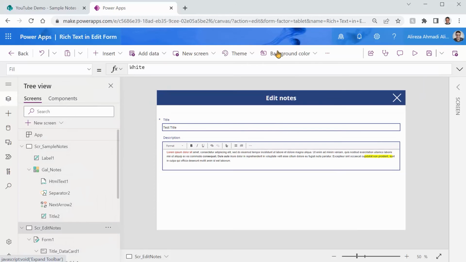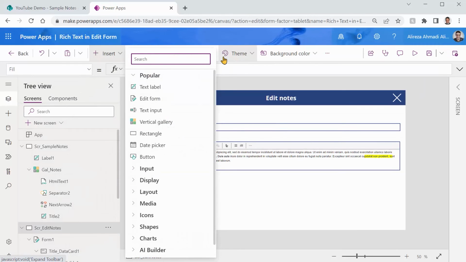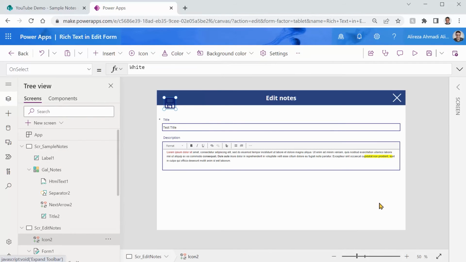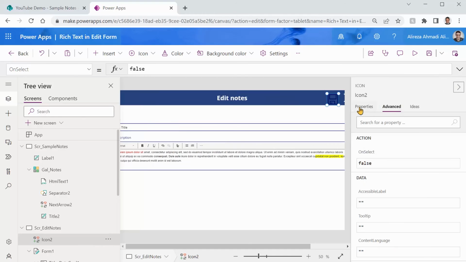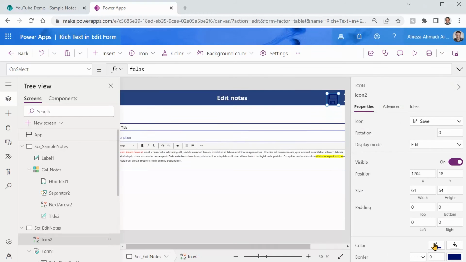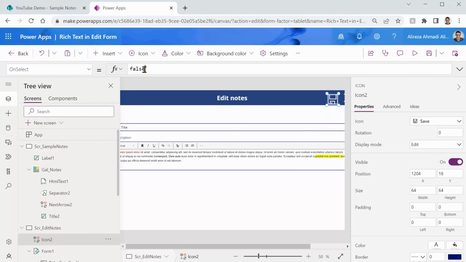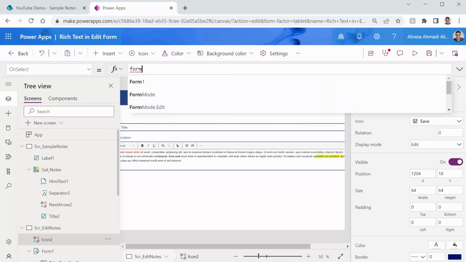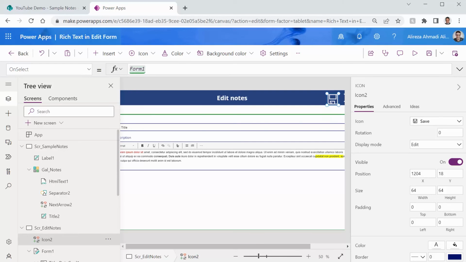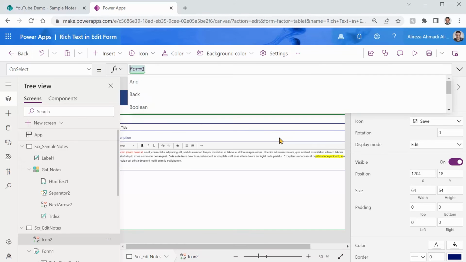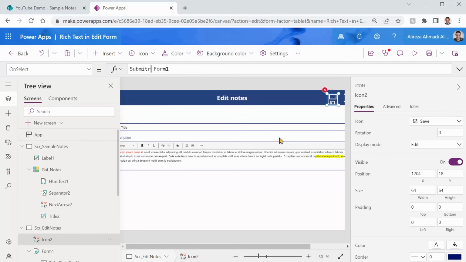So let me just put a save button here. All right. Let me just put it here. It's a little bit invisible. So if I want to change the font color for this guy, like white, you can see it better. And now when someone clicks on it, unselect, I just say form 1, which is the form that is in this screen. I need to submit this, submit form,